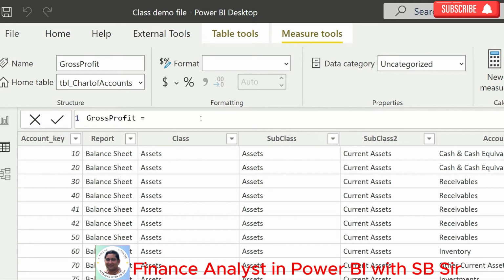So what we need to do is that we need to somehow tell Power BI that please use the sum function, but apply a filter, and that filter should be that only those values should be considered that are included in the calculation of gross profit. So we should be talking about sales and cost of sales only when we are doing the calculation of gross profit. So, and that function, the function that gives us the